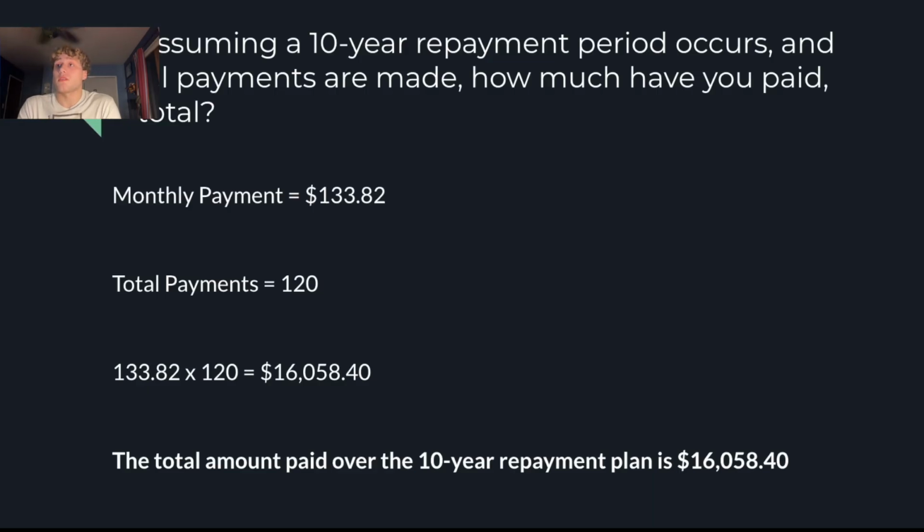Assuming a 10-year repayment period occurs and all payments are made, how much have you paid total? So the monthly payment is $133.82, with a total of 120 payments. You multiply these two, and you have